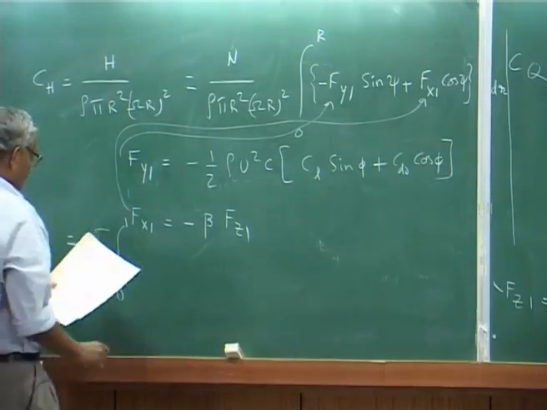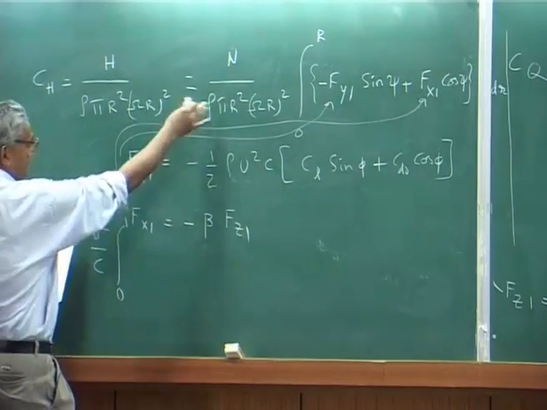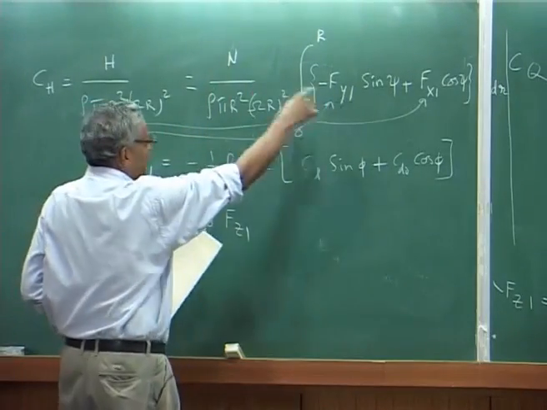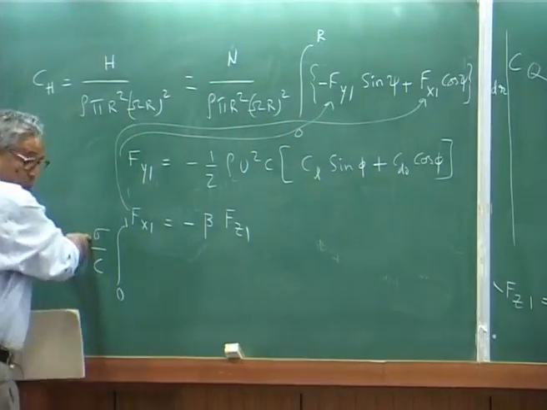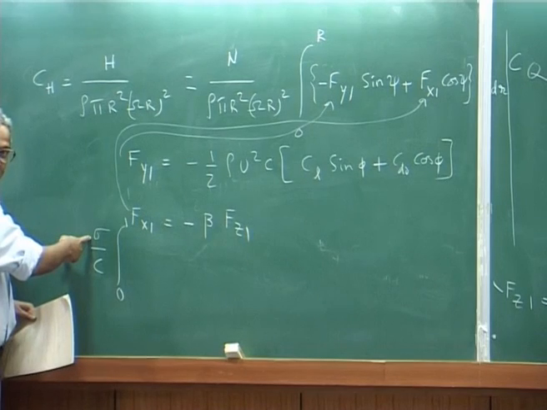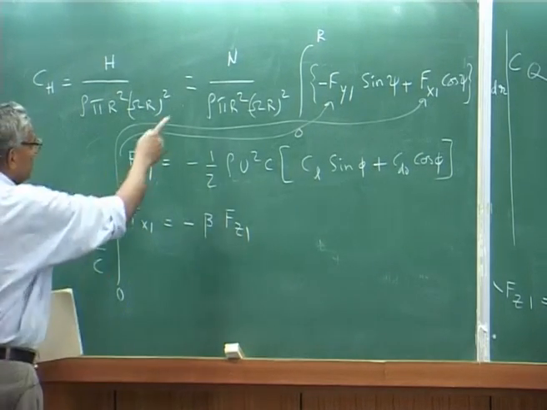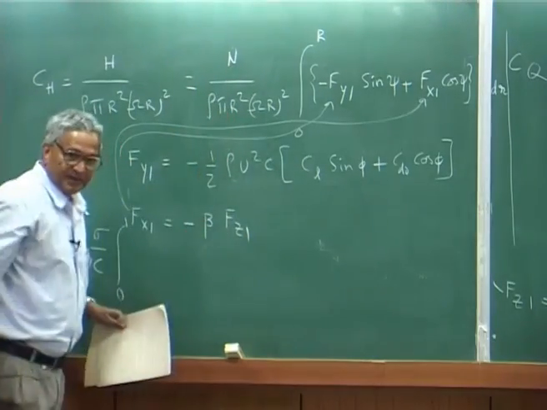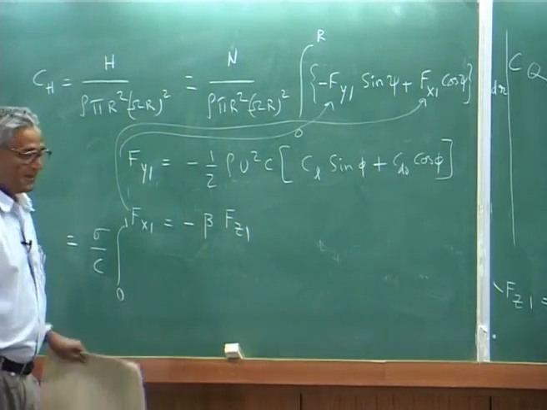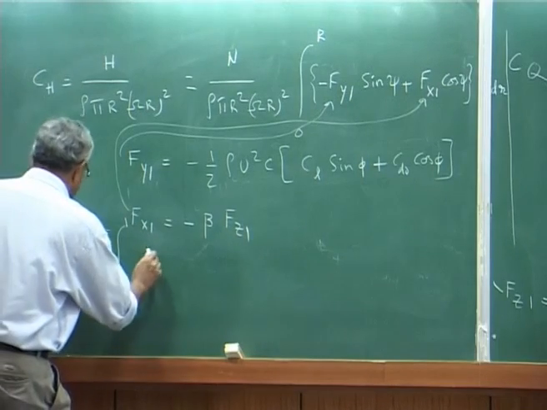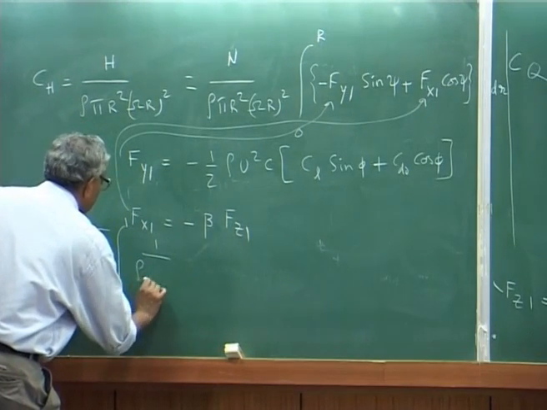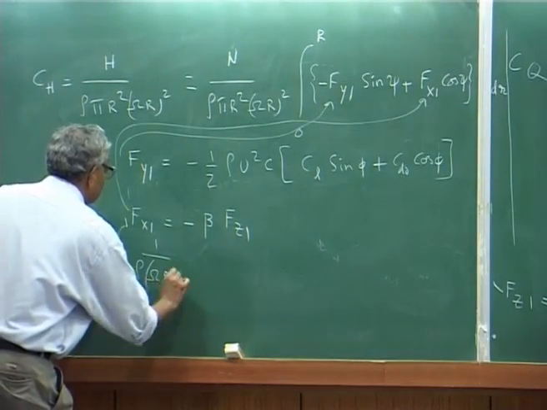What you will have after N C pi r, you write it in terms of sigma, that is solidity ratio, N C r over pi r square, okay, and you will get 1 over rho omega r whole square,